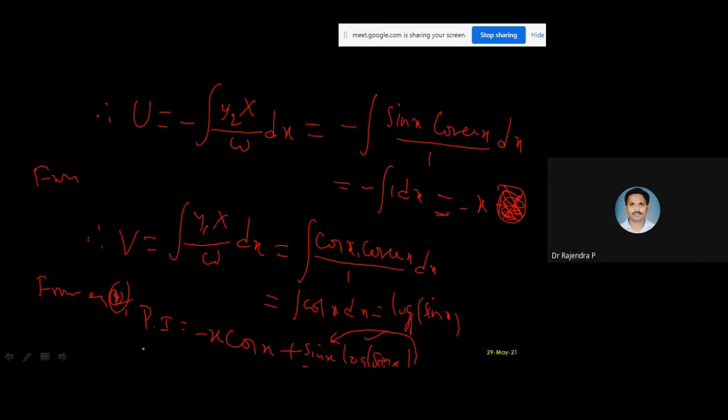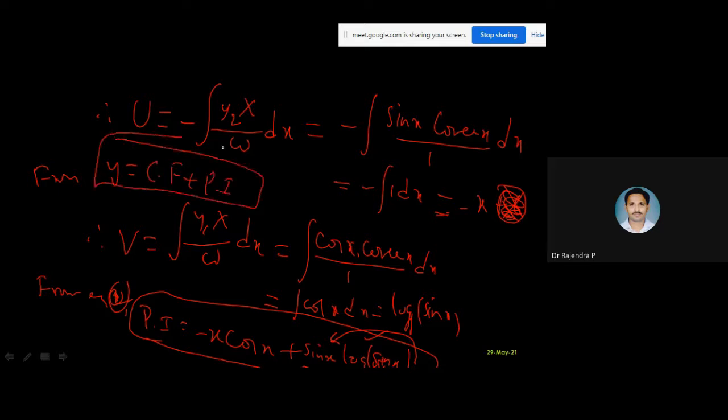So anyway, we are done. We did not apply any shortcut. We simply depended on the complementary function and found the particular integral. Very, very simple, isn't it? Once we have the complementary function and the particular integral, as usual the complete solution is y equals complementary function plus particular integral. Just add it. That is your solution. Is there any difficulty in this? The difficult part is the integration, so you have to work it out. Otherwise, everything is formula based. If you remember, things are very easy, isn't it?